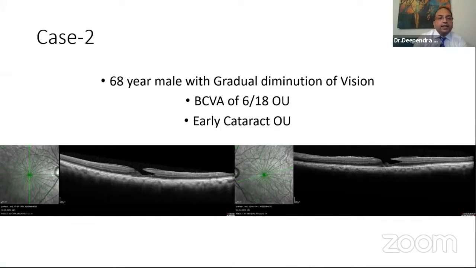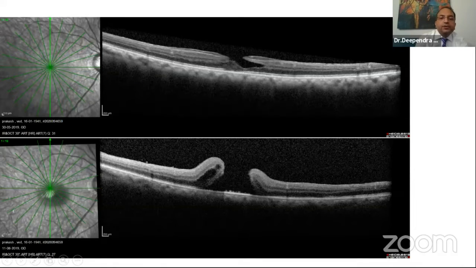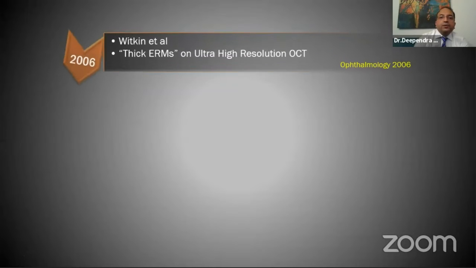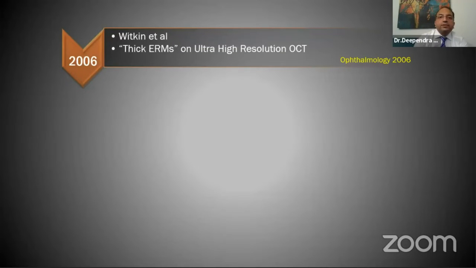On the other hand, very recently, in 2019, again we got this case with lamellar macular hole, and he was posted for surgery, and he had a different looking epiretinal membrane, and we operated and we landed up into a full thickness macular hole. So I'll talk about this case later, but I think going back to our history of analyzing OCTs of epiretinal membranes in much more detail.